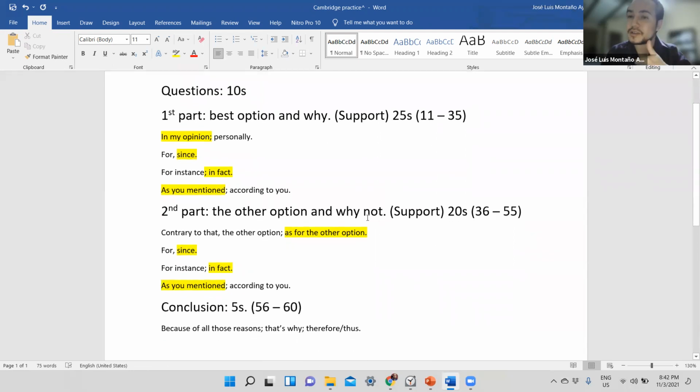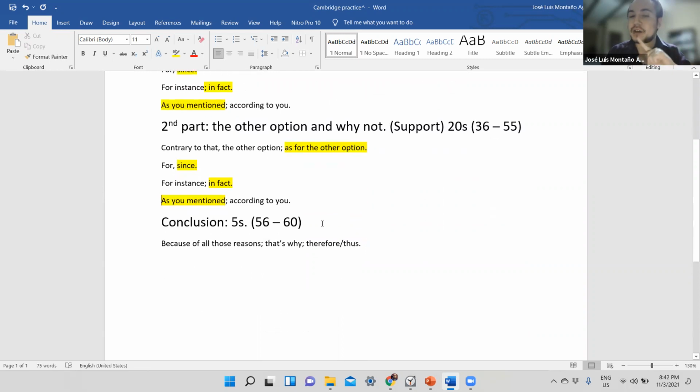Then 20 seconds, a little bit less, for the other option and why not. And finally, 5 seconds could be more than enough, all right? You can have a little bit more if you finish the other elements before, but 5 is more than enough because, as we saw in the TOEFL, it's only